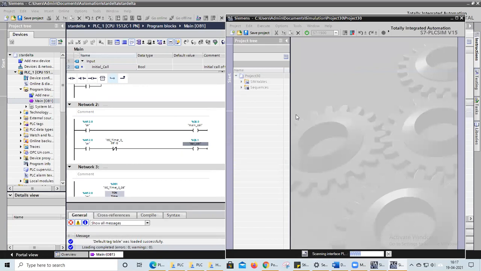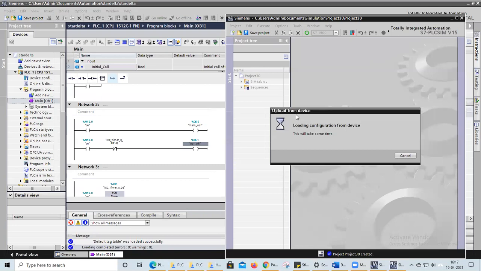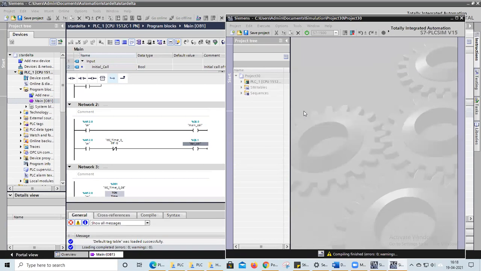Because it is a simulator, in this version that much compatibility is not there. In lower versions, previously it was having good compatibility. This version doesn't have that much good compatibility. That's why I'm re-simulating every time. Normally we won't do that many re-simulations; because of the compatibility issues we are doing it.